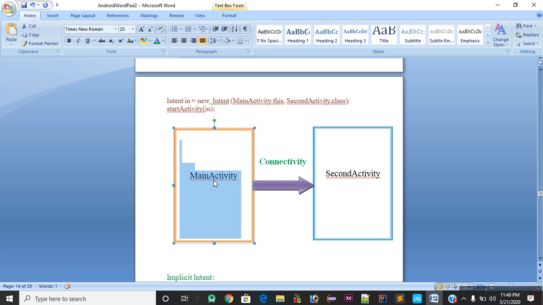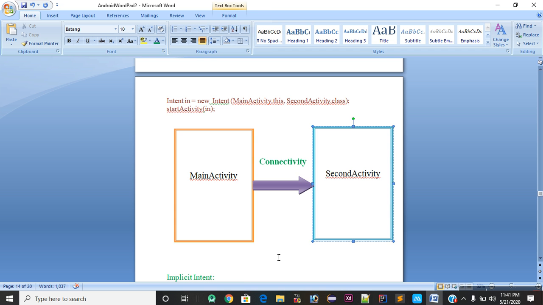Now I click on any element of the view in the main activity, and I go to the second activity. This is my second activity, and the connectivity is an internal process. So, guys, this is the explicit intent. Explicit intent is used whenever you want to go from one activity to another activity.